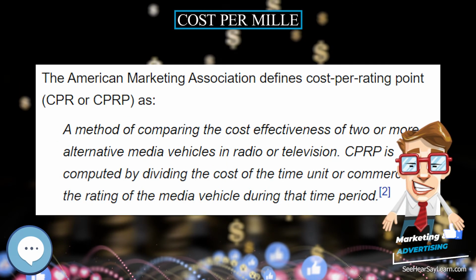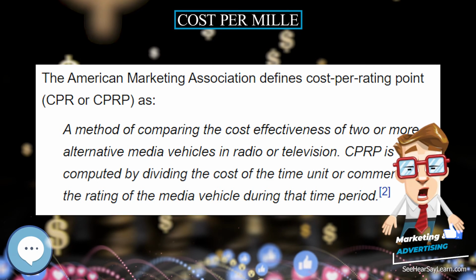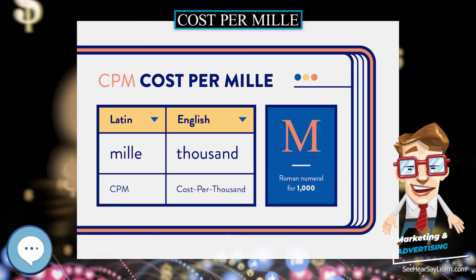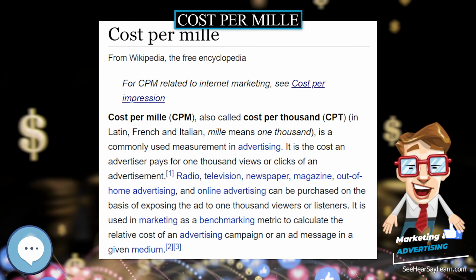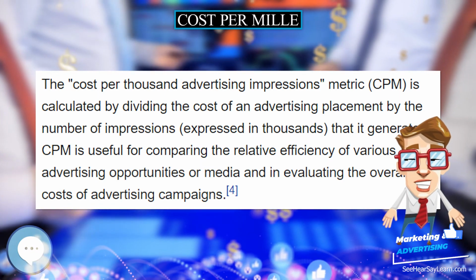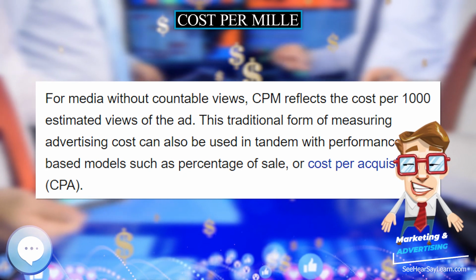CPP is the cost of an advertising campaign, relative to the rating points delivered. In a manner similar to CPM, cost per point measures the cost per rating point for an advertising campaign by dividing the cost of the advertising by the rating points delivered. The American Marketing Association defines cost per rating point, CPR or CPRP, as